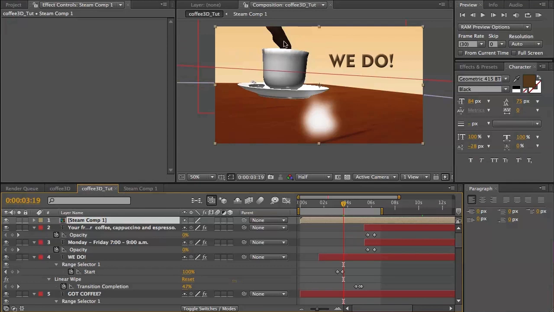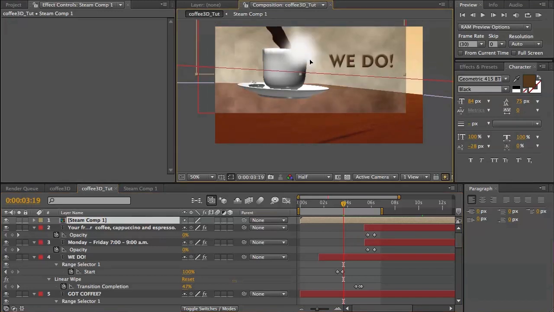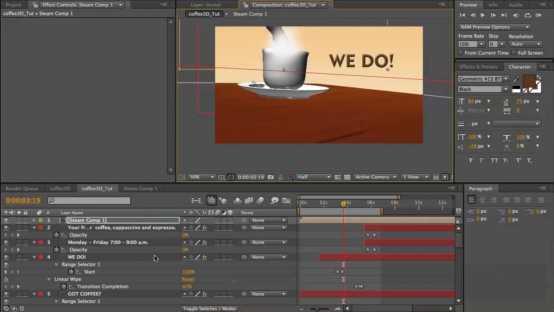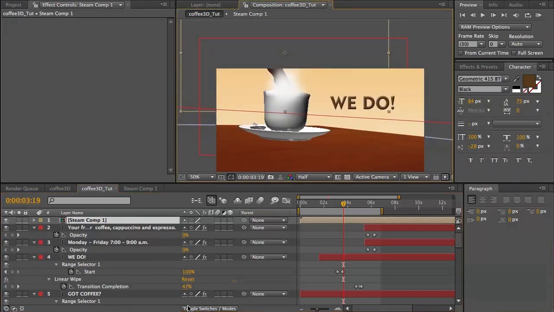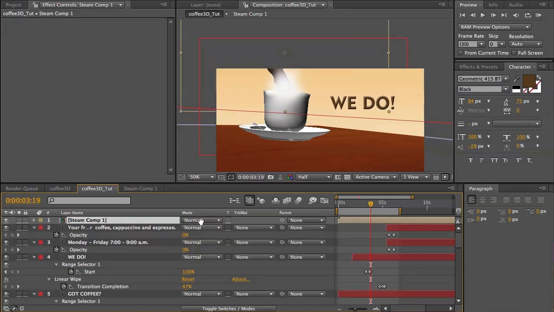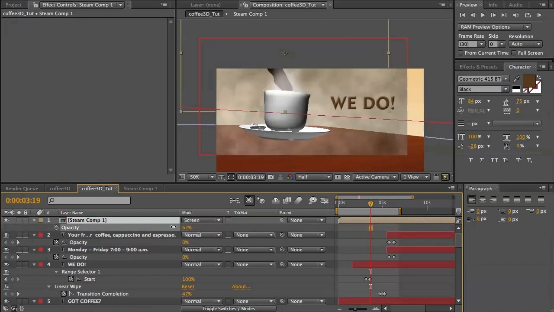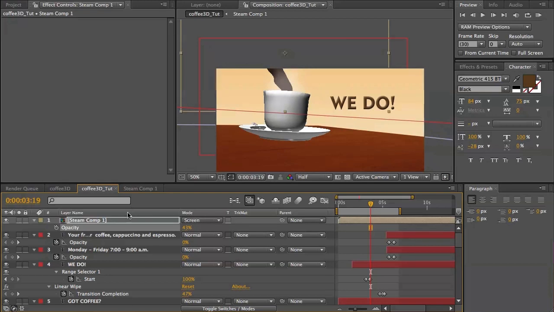So right as the steam comes in here, we're going to want to move our actual steam in place. We'll set it right about here, and let's do a couple things before we get too worried about that. Let's set the transfer mode by toggling the switches and selecting screen. Now let's take the opacity and bring it back quite a bit, because I know with steam you can't really see it too much. We just want to give it a barely there effect, and I'm just going to keep it, just to cheat,